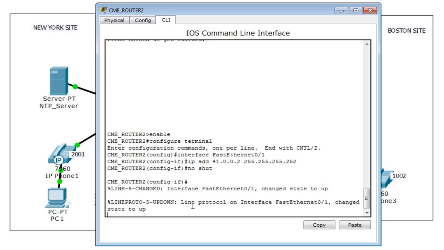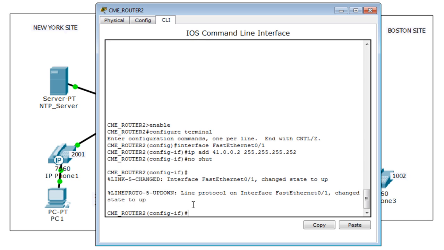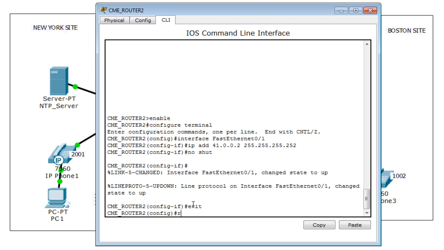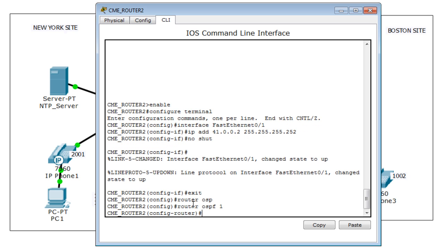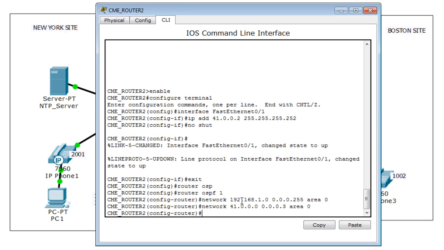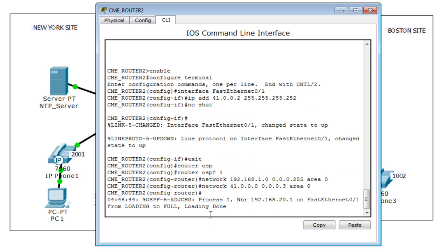I'm going to do the same thing. So I'm going to exit from here. I'm going to do router ospf 1, and I'm going to do network. I didn't want you to watch, so I just paused the video and did the same thing. You see, those routers have formed networks through OSPF. So I think